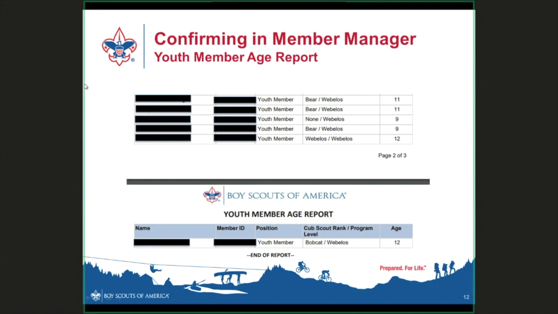If they did not, I'm sending you all notes. I'm sending it normally to the Cubmaster and Committee Chair. I CC your Advancement Chair if I know who that is. And I ask you to work with us to make sure that those Arrow of Lights get recorded. It's much easier to record the Arrow of Light before the Webelos process their transfer application with the new troop. Now, there's a couple I've missed, and there are ways that we can go back and put notes in that Scout's record. But again, if we do it right the first time round, it should save us all some additional